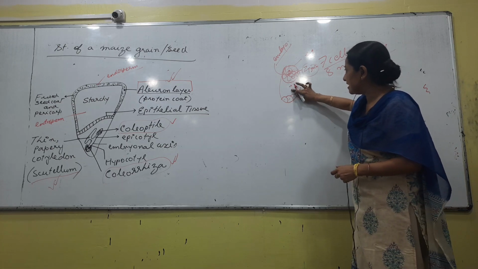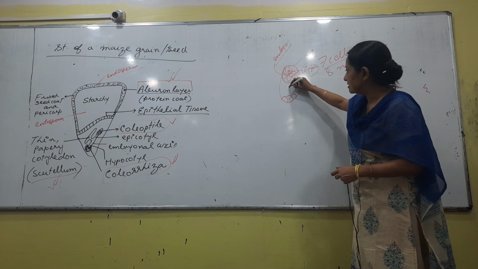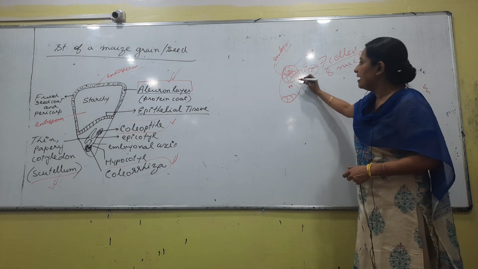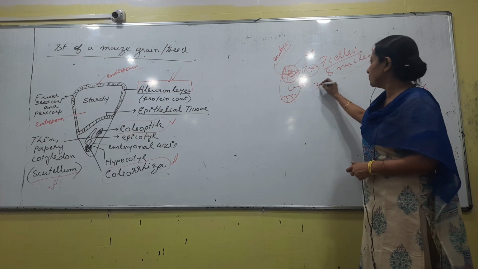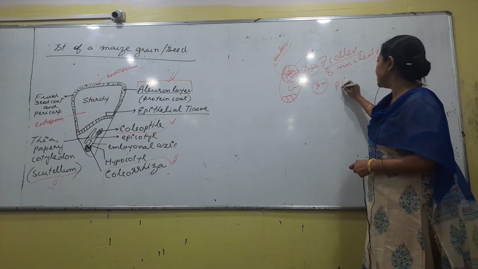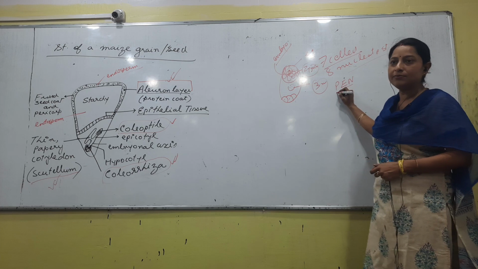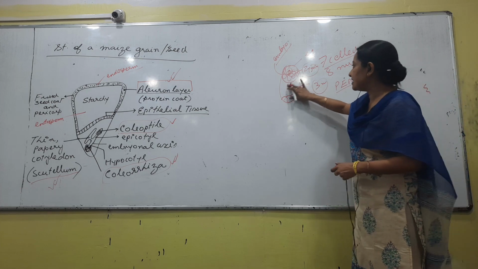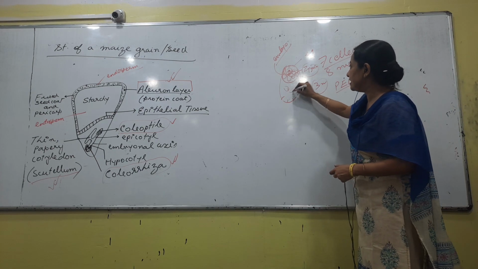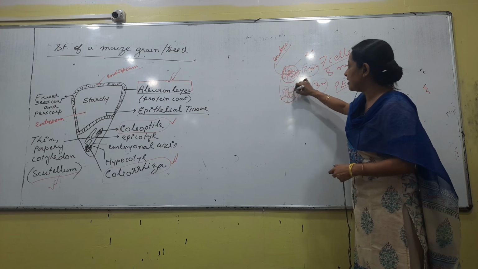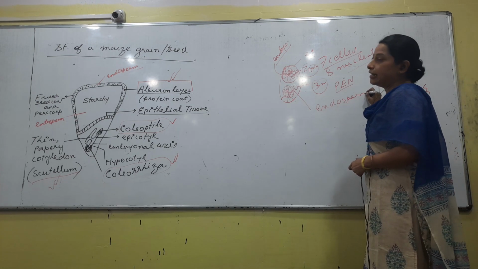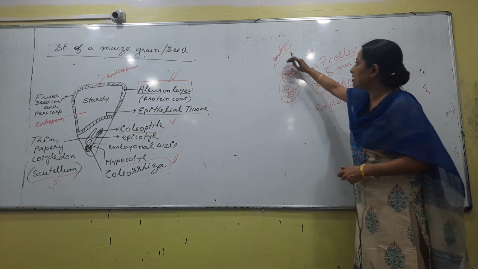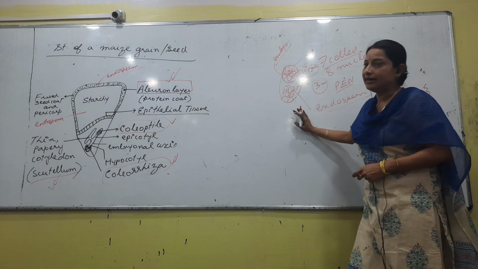The second male gamete will come and fuse with this central cell. This is the central cell, and it has two nuclei. After the male gamete fuses, ultimately what will they form? A triploid cell, that is called the primary endosperm nucleus. This triploid cell will divide and ultimately form a group of cells, and these will form the endosperm. So we have an idea which part will form the embryo and which part is the endosperm.